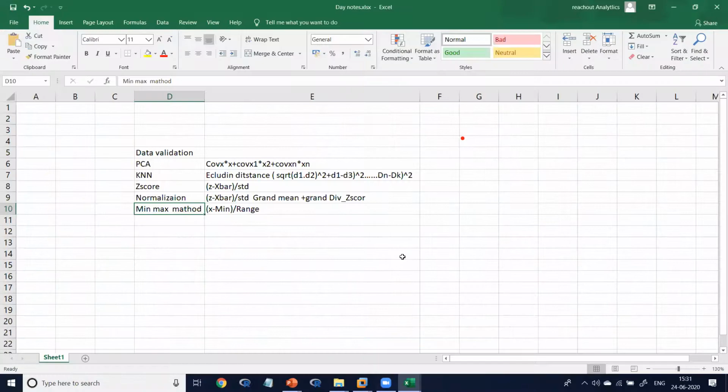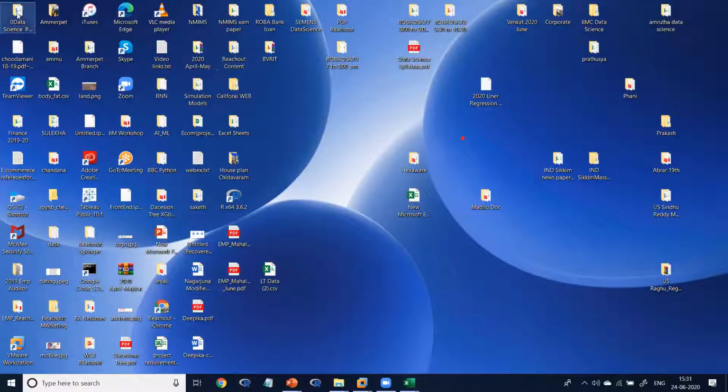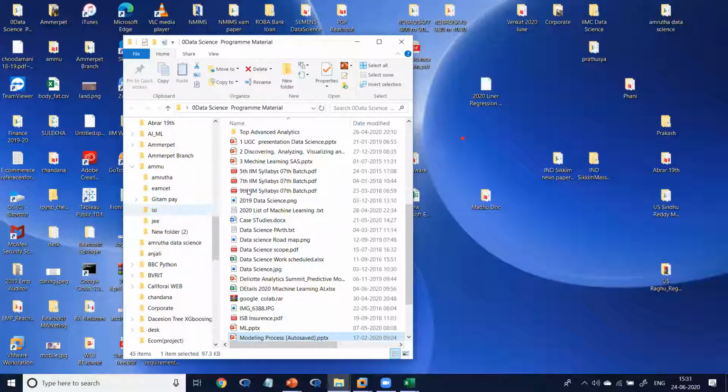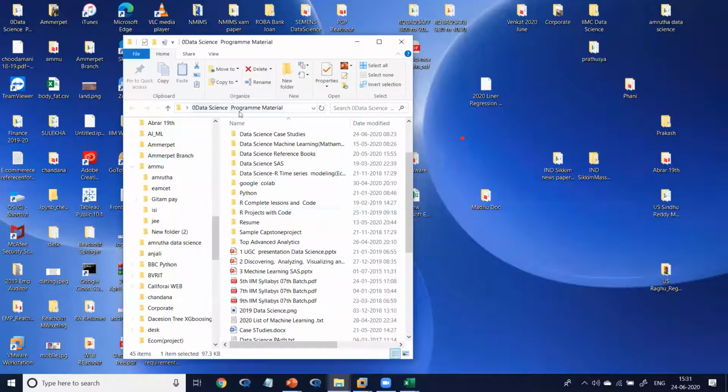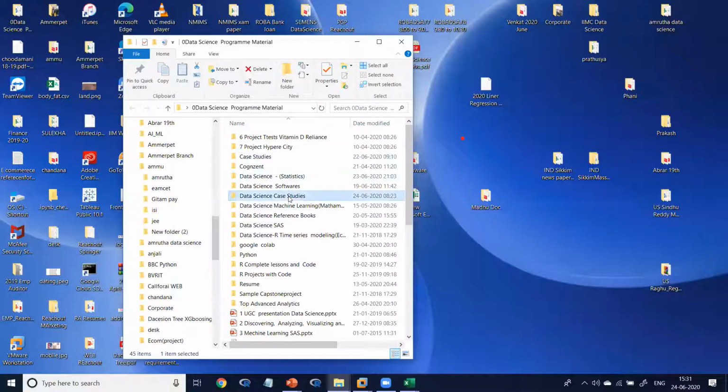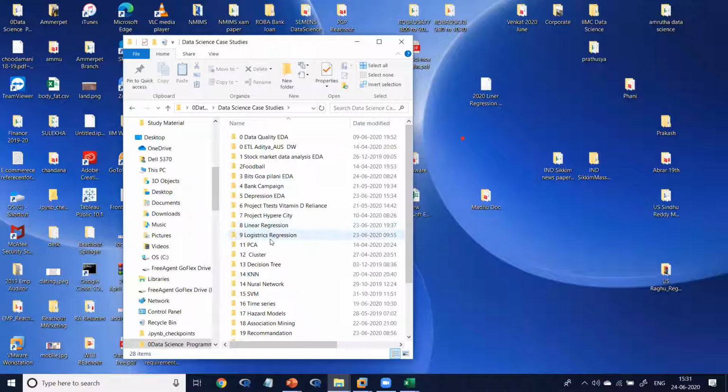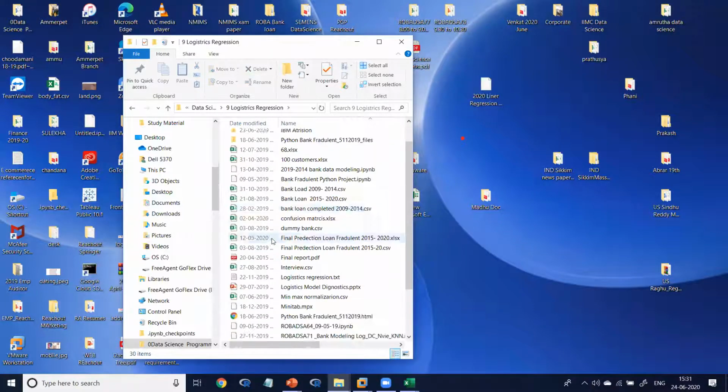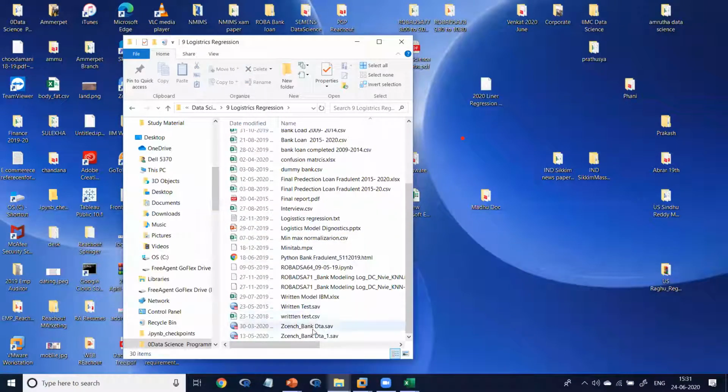I'm opening three data sets. The same bank data I'm opening in SPSS, R and a Python tool. I'm going to take this data: case study, logistics, and bank data.